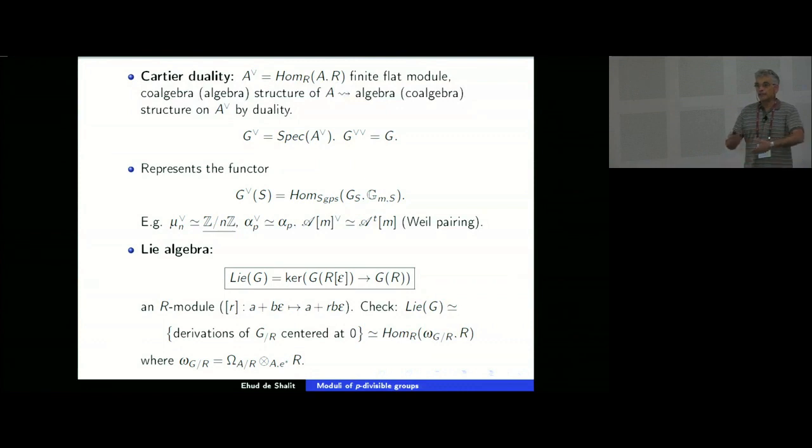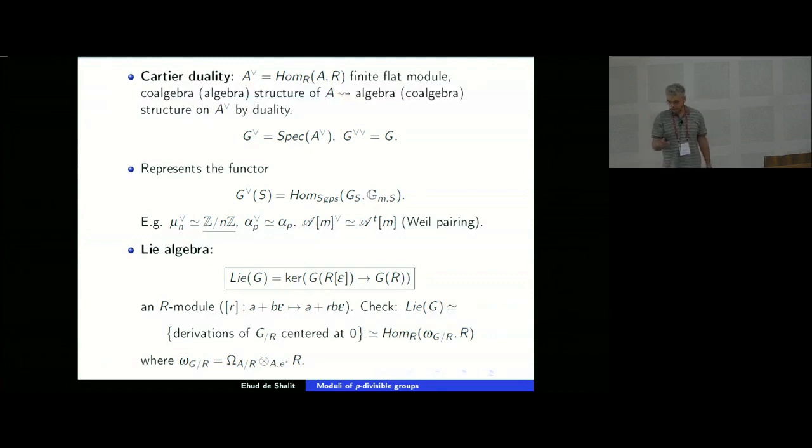It acquires an additive structure from the group operation of G and an R-module structure as well. I described how. And when you think really in concrete terms what it is, then on the Hopf algebra level, such a thing is given by a homomorphism from A to R[ε] that mod ε reduces to the co-unit. So all that remains is the coefficient of ε. And the coefficient of ε is some linear functional on A, and you check what it means. It's simply a derivation centered at 0. And derivations centered at 0 are, as you all know, canonically the homomorphisms from the cotangent space at the origin into R.